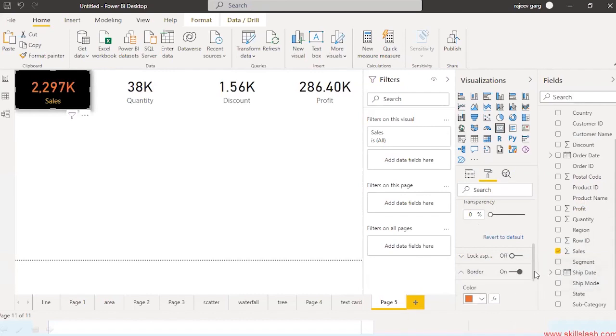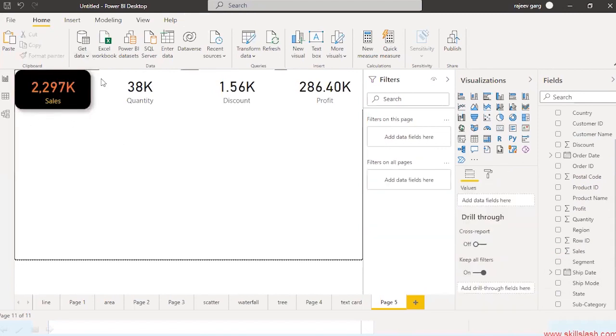Okay, border. And here is the radius. Right, so with the help of radius, I told you yesterday also, we can create rounded corners of the visual. Okay, so this is it.